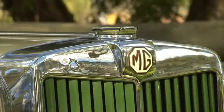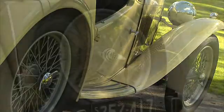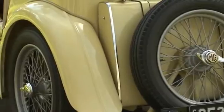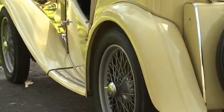This particular MG TC is a fantastic example of a beautifully kept vehicle. The styling is unmistakable, with the classic wire wheels, synonymous with MGs, featuring the propeller-style knockoff, emblazoned with the MG logo. The organic lines of the rolling fenders that sweep right back to create running boards are in stark contrast